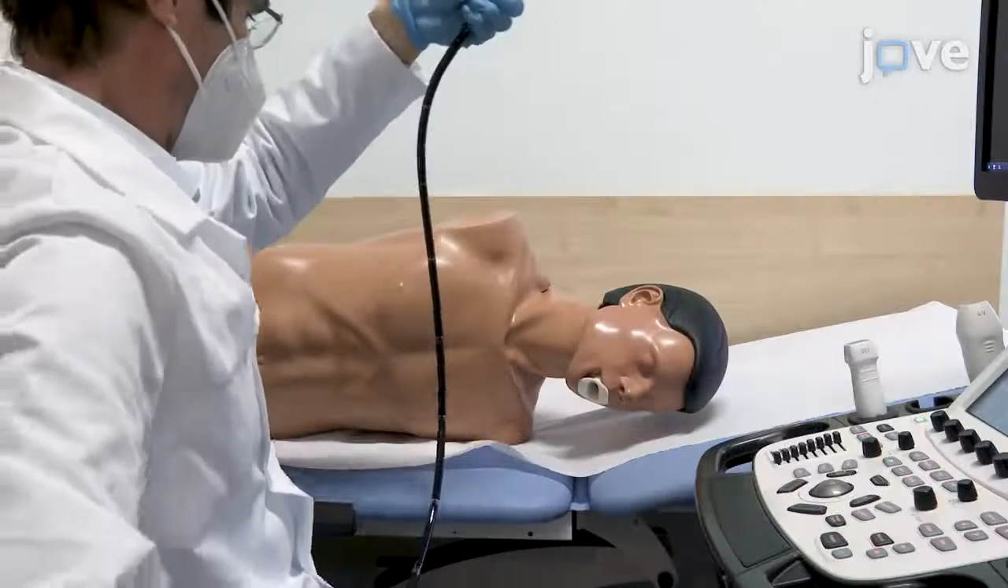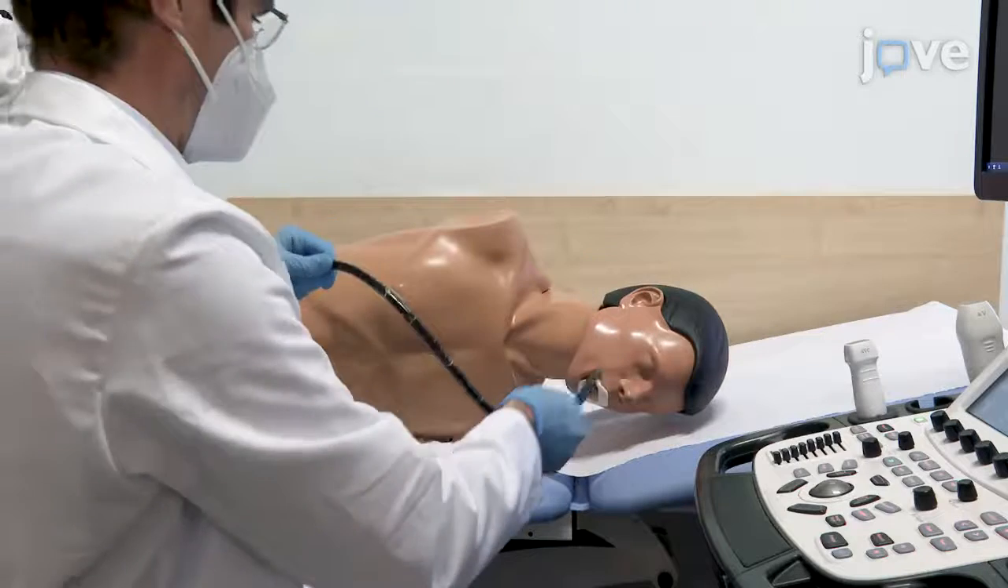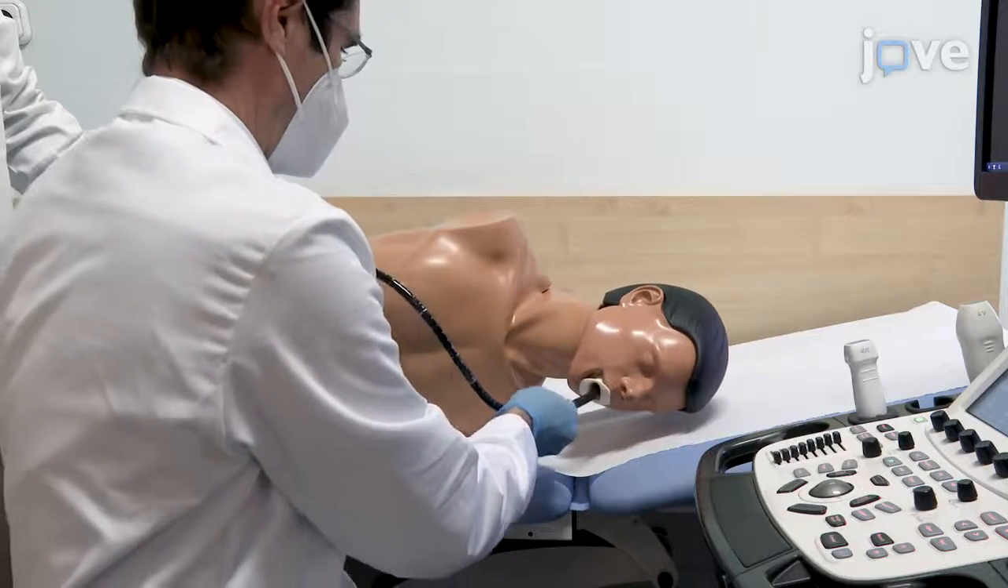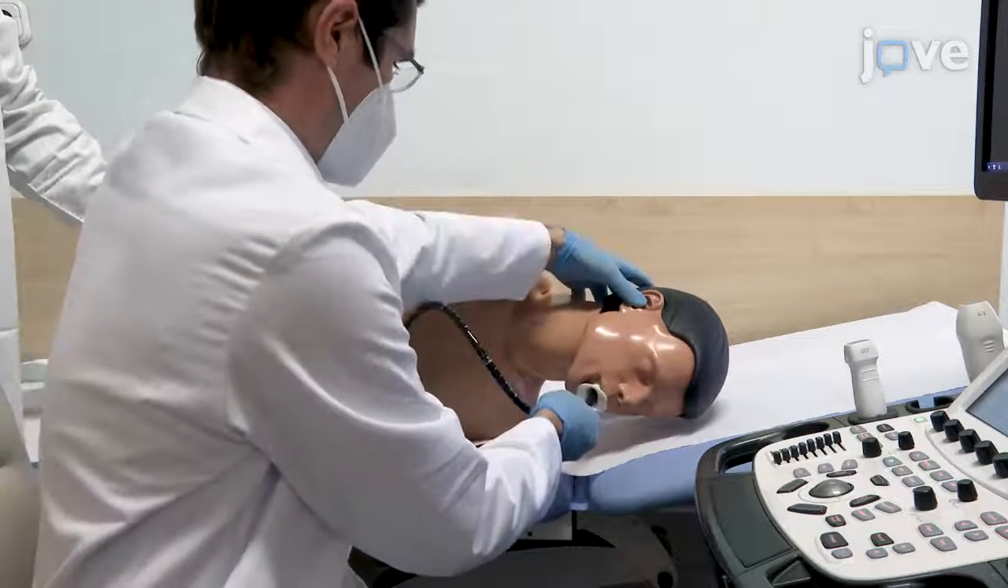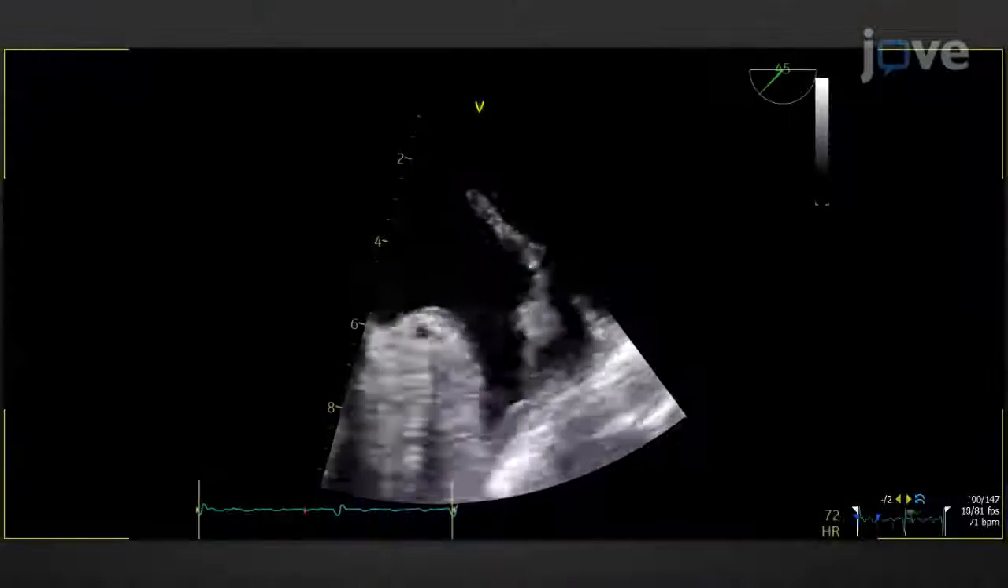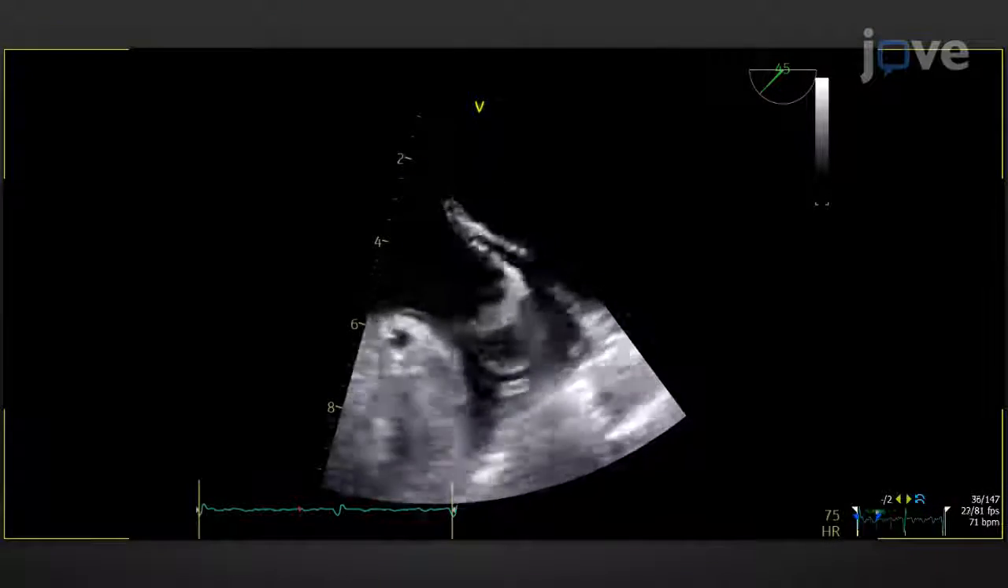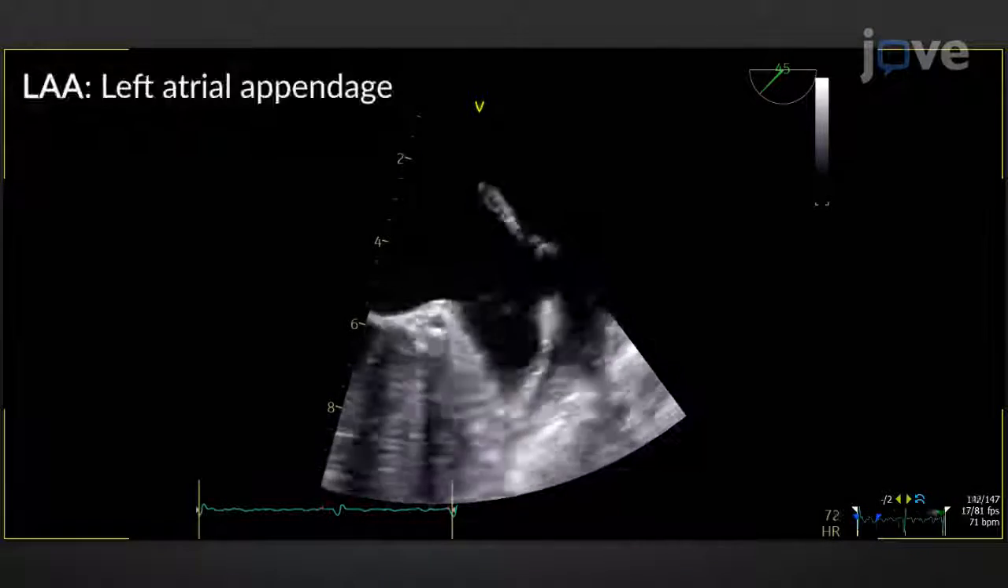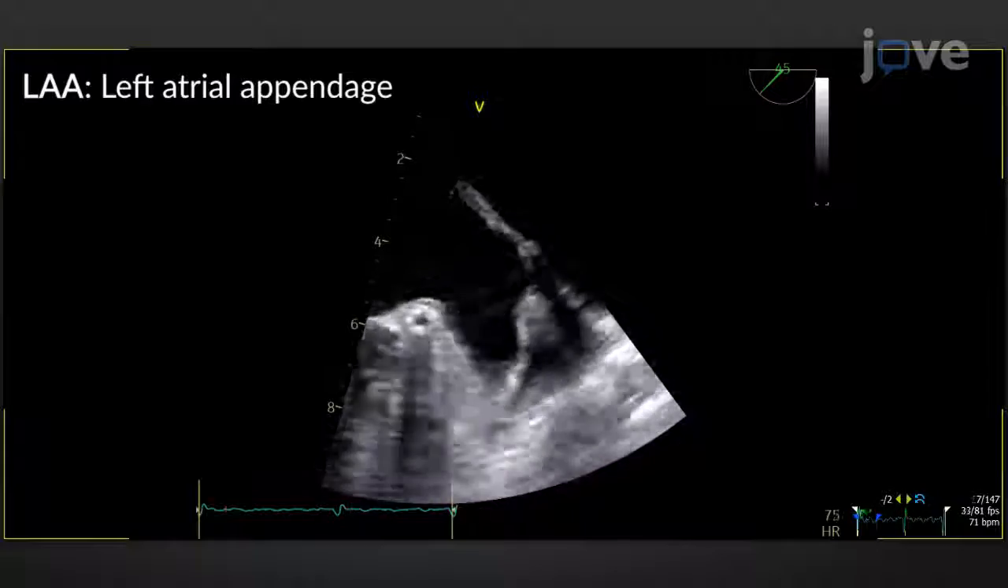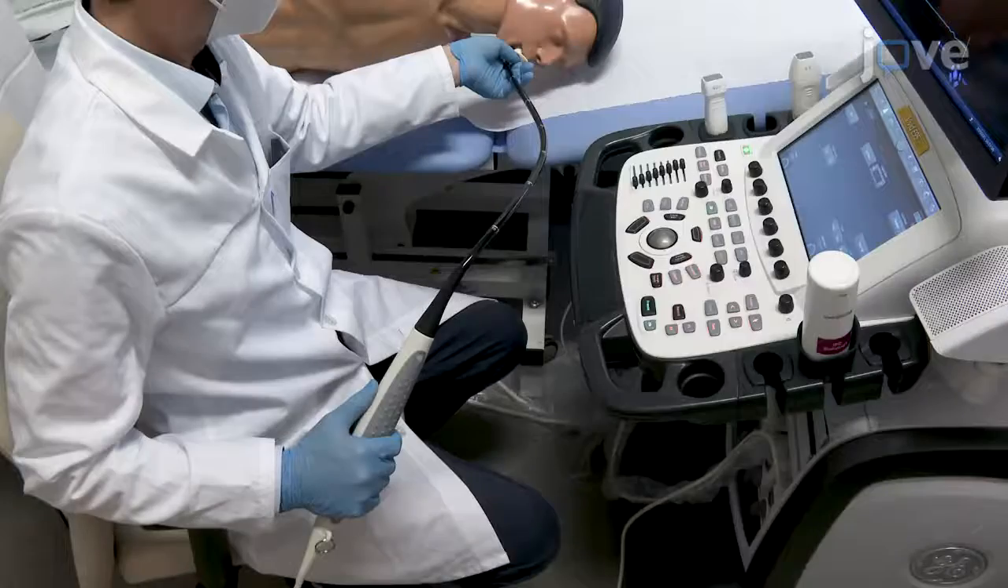For visualization of the left pulmonary veins, insert the probe into the esophagus at approximately 30 to 40 centimeters from the front teeth and use 2D image acquisition at 20 to 45 degrees to visualize the LAA in the upper transoesophageal probe position. To centralize the LAA in the image, turn the probe